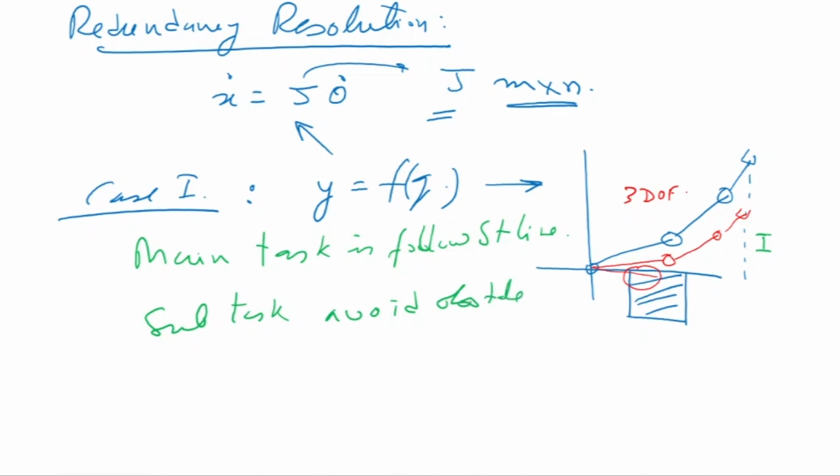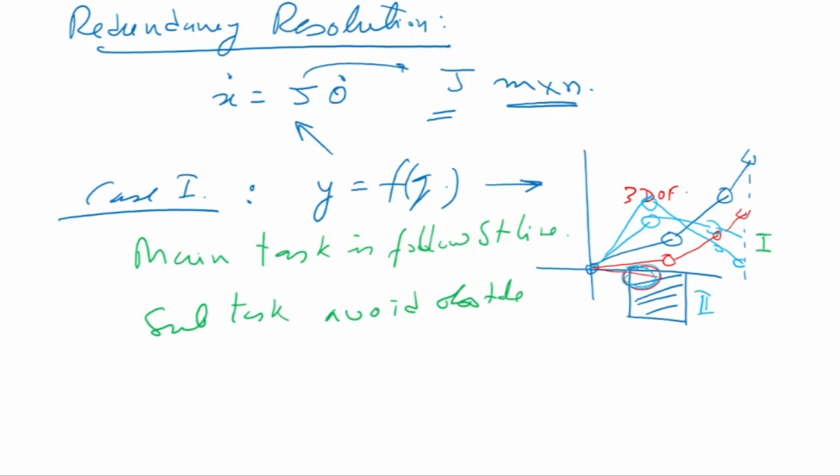When it is coming down following the main task, the manipulator should be such that it should not hit the obstacle there. So you can imagine what it can do is after a particular length, it has to start moving in the other direction. Okay. So by changing its orientation, it is following the straight line, but it is also avoiding the obstacle. So this is my task 1, follow the straight line. Task 2 is avoid that obstacle.